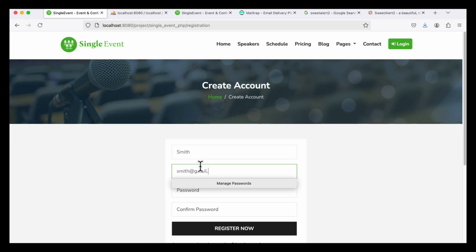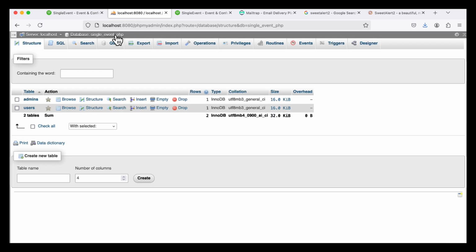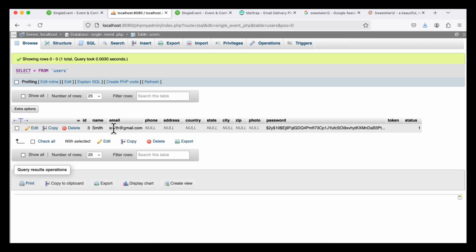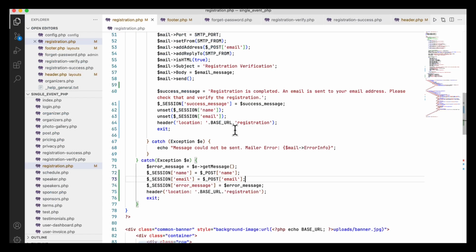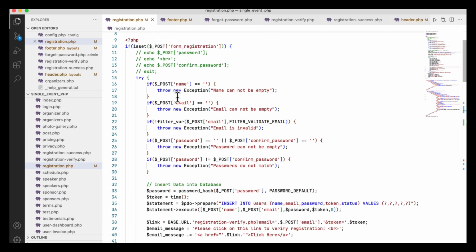If you give anything wrong, email is invalid, but that data is not lost. So give here the com, register, yes, password cannot be empty, but in the two fields data is not lost. But here one thing I did not apply in the case of registration. For example, another person comes who is going to register with the same email, I will have to protect that. So in that case, after the email, when the email is valid, here I will have to check